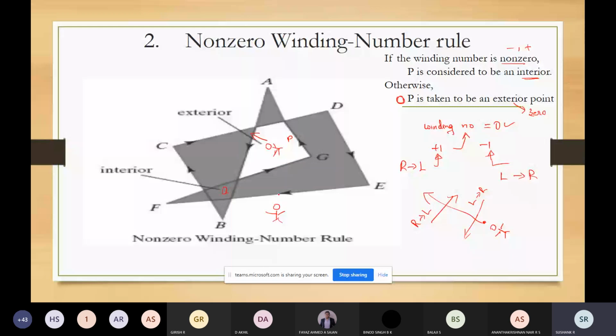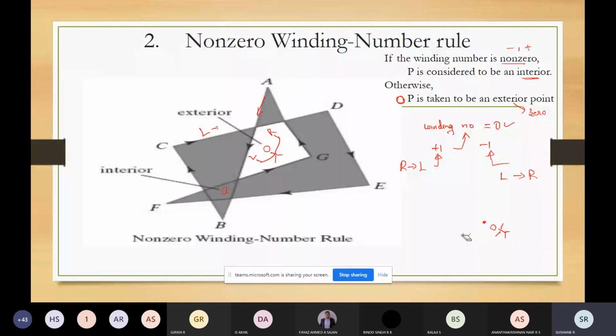From the point, you have to check the point. So for me, if I stand here, this line is moving from my right hand side to left hand side, and this is moving from left hand side to right hand side. So wherever the point is drawn, that will be your line of reference or the side of reference. You are standing like this, so this is your right hand side and this is your left hand side.